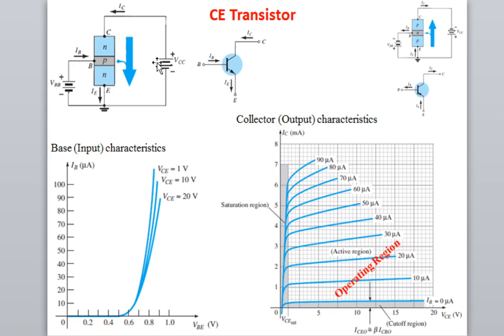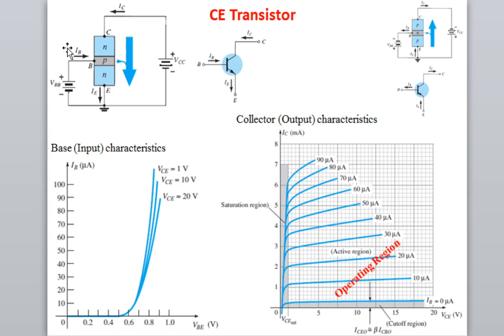Then if you further increase this current, remember this current can be increased by increasing this voltage. So you just increase this voltage and a current will come. You fix this current, let us say at 10 microampere. Keeping this current at 10 microampere, you again increase the voltage VCE and measure the collector current. When you measure, at a certain voltage the current will increase and then become constant, and if you further increase this output voltage, you get a characteristics curve.